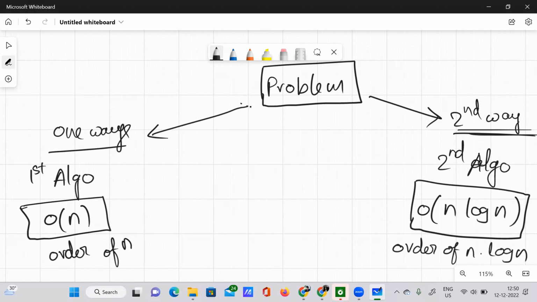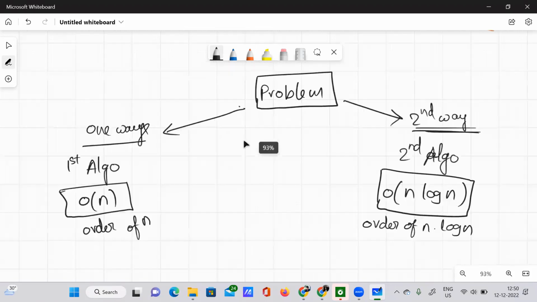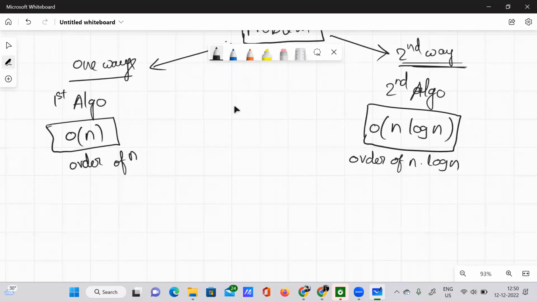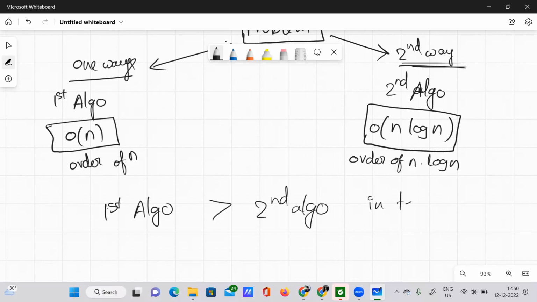So here the space requirement is actually increasing. So you can say that the first algorithm is greater than the second algorithm in terms of space requirement,